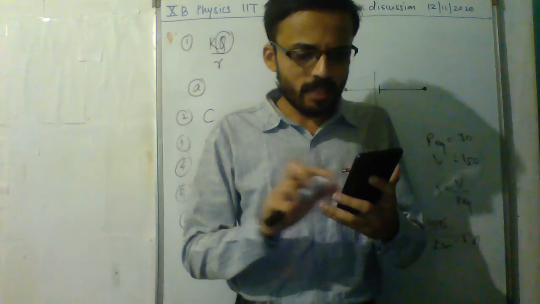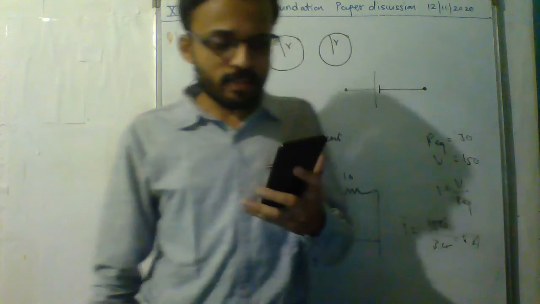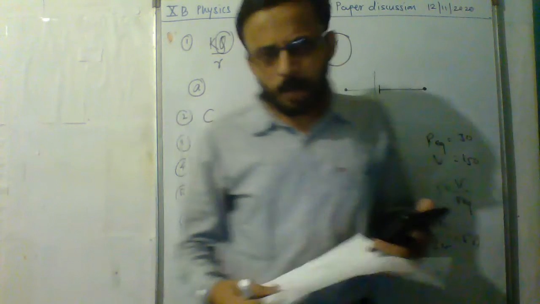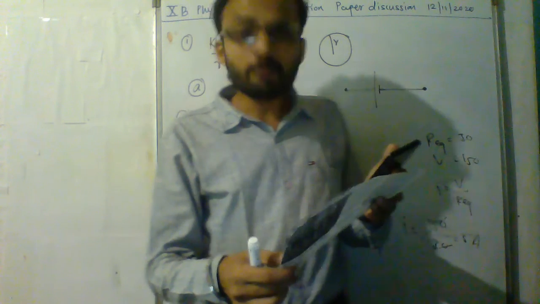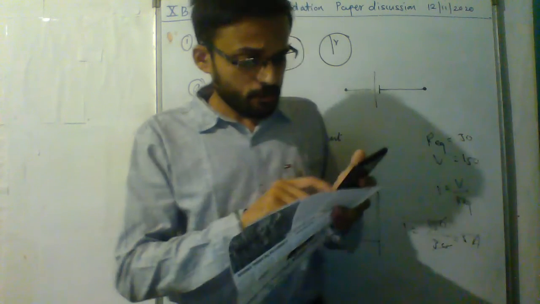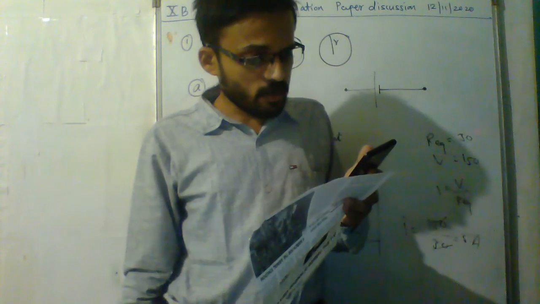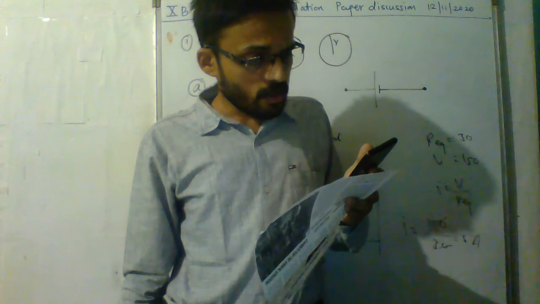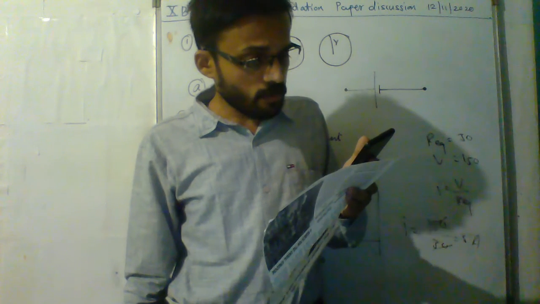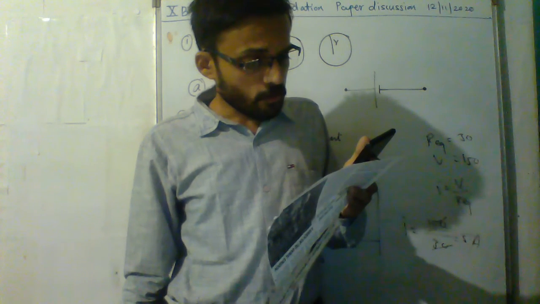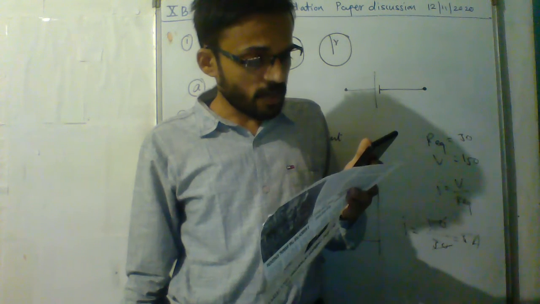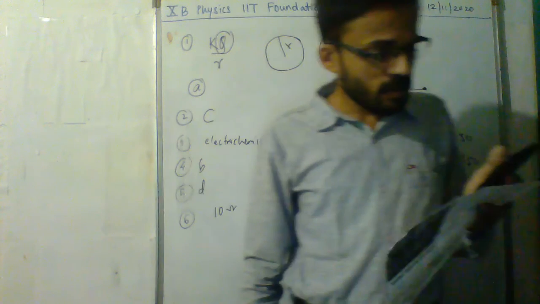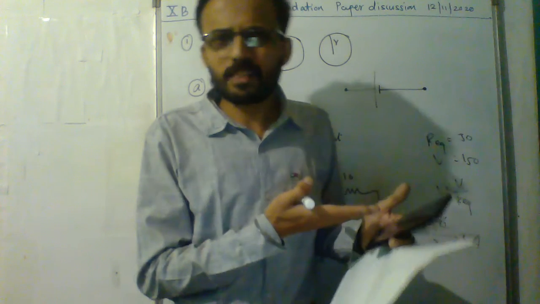You can do that. A coin is placed in a beaker containing water, appears at the depth of. So here just use mu is equal to real depth upon apparent depth. So the answer to 16 will come. I have found that answer. It will come 4 centimeter. You check that. Second, a convex lens throws an image on a screen 12 meter from the lens. If the magnification is 15, find the focal length of the lens.